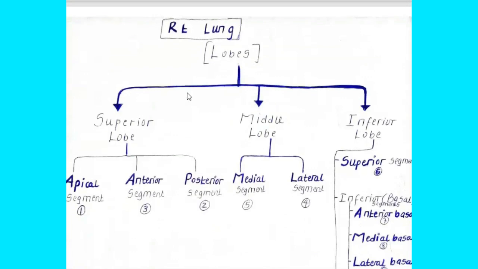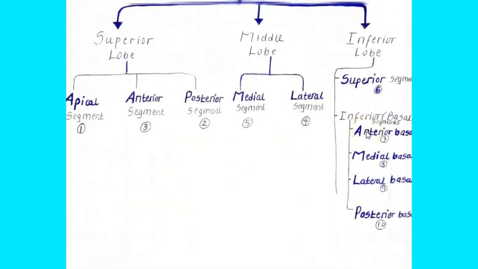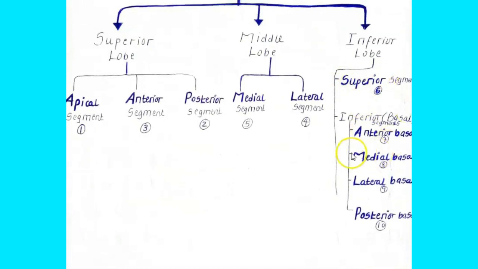Then we talked about the bronchopulmonary segments. For the superior lobe of the right lung, you know we have 3 lobes. So the superior lobe has apical segment, anterior segment, and posterior segment. While the middle lobe has what? Medial segment and lateral segment. Then the inferior lobe has the superior segment, anterobasal segment, medial basal segment, lateral basal segment, and